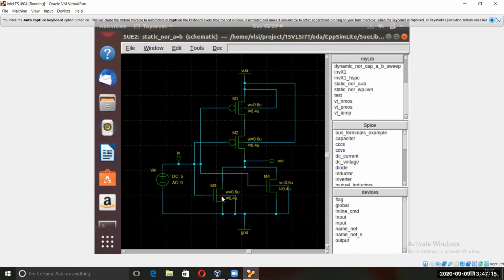Then what you have to do: as there is the body terminal VSB here, I have grounded it for the NMOS, and for the PMOS I have given it to VDD. Both of them you have to give to VDD for getting a better pull-up result. And we know that the VSB for PMOS is connected to VDD because this is drain and gate and this is source for PMOS. Do not use the PMOS naming with the NMOS one. First, do a rough PMOS and NMOS naming. According to that, you visualize the circuit, and you will understand why I have connected to VDD and not to ground here.